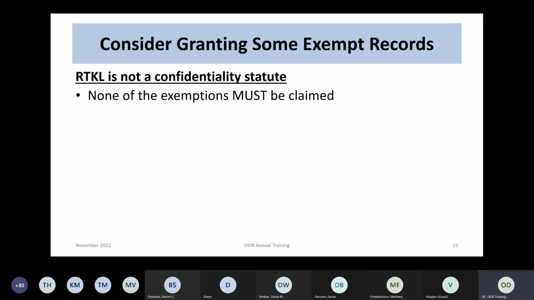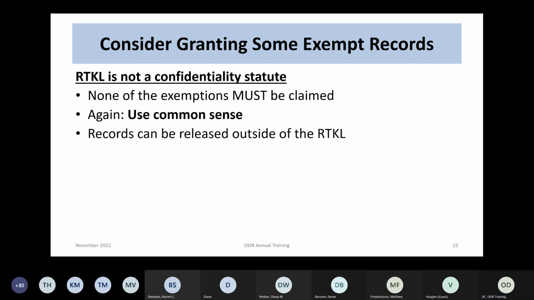The Right to Know Law is not a confidentiality statute. So the exemptions found in 708(b)(1) through (30), there's 30 exemptions, none of them are required to be claimed, unlike some other laws. So use some common sense. You might be able to just provide the records outside of the Right to Know Law to this specific requester. It doesn't mean that you have to provide the records to every single requester that asks, but